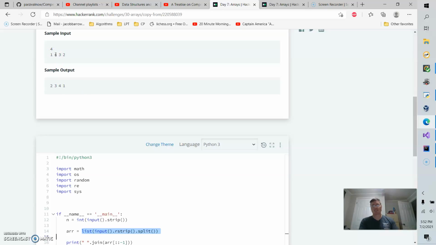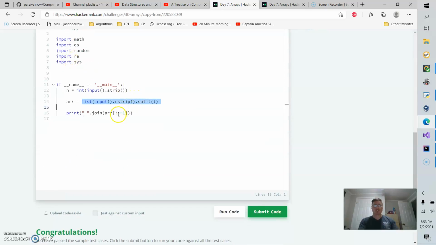so slot index 1, which is the second element, is going to be 4. Slot index 2, which is really the third element, is going to be 3. And the last index, so it's going to be indexed at 0, 1, 2, 3, and it's going to be 2. So what it does from there is you can join them all together with a space,